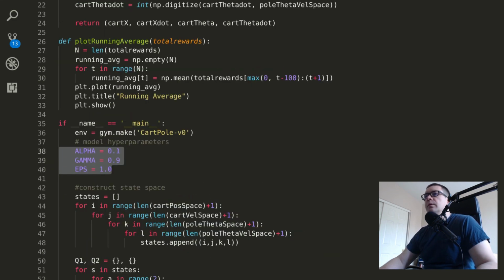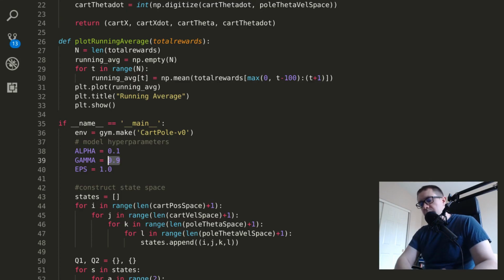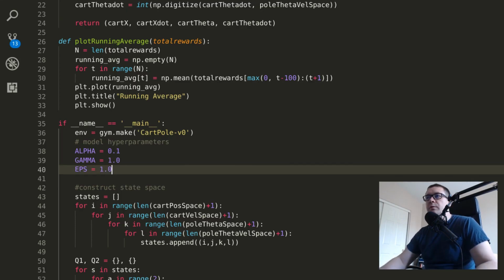Next up, we have to initialize our hyperparameters. Our learning rate of 0.1 just controls the step size in the update equation. The gamma is of course the discount factor that the agent uses in its estimates of the future rewards. So I don't believe this should actually be 0.9. I left it here because it's not super critical. As far as I'm concerned, it should really be 1.0, and the reason is that the purpose of discounting is to account for uncertainties in future rewards. If you have some sequence of rewards with a probability of receiving them, then it makes no sense to give each of those rewards equal weight